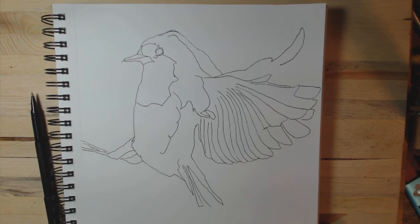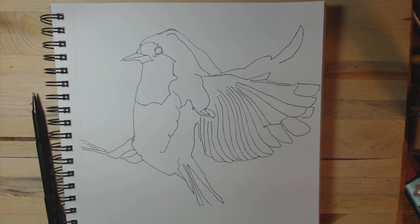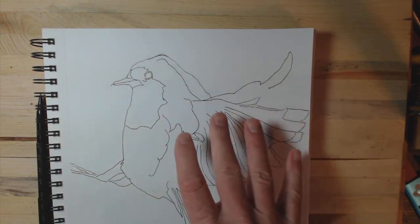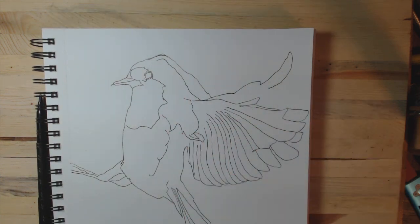And this is what we're looking at right now. Not too bad a drawing. It's actually turning out pretty well. This bird has some serious attitude. So we're going to zoom back in. We're still working in this wing area here, and we're going to define it a little more. We're at almost